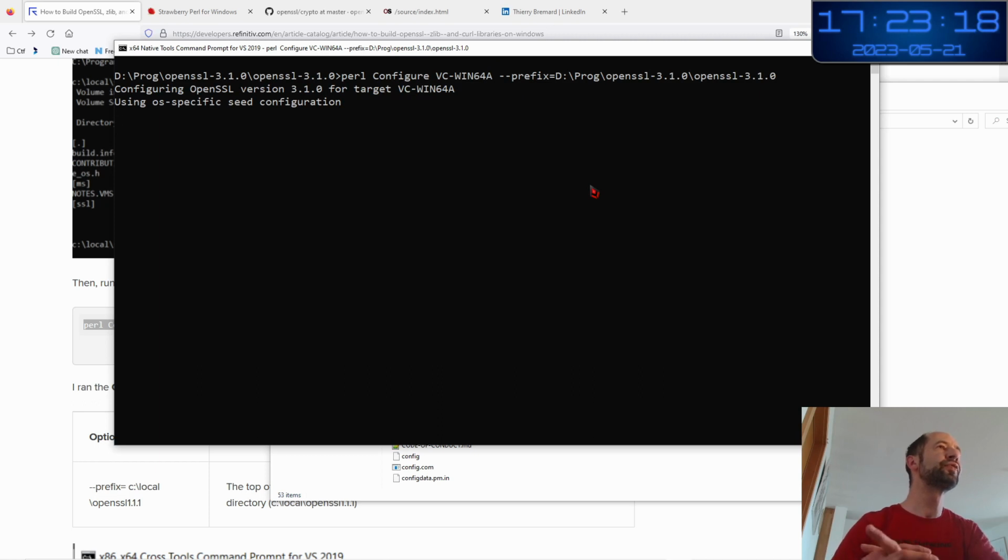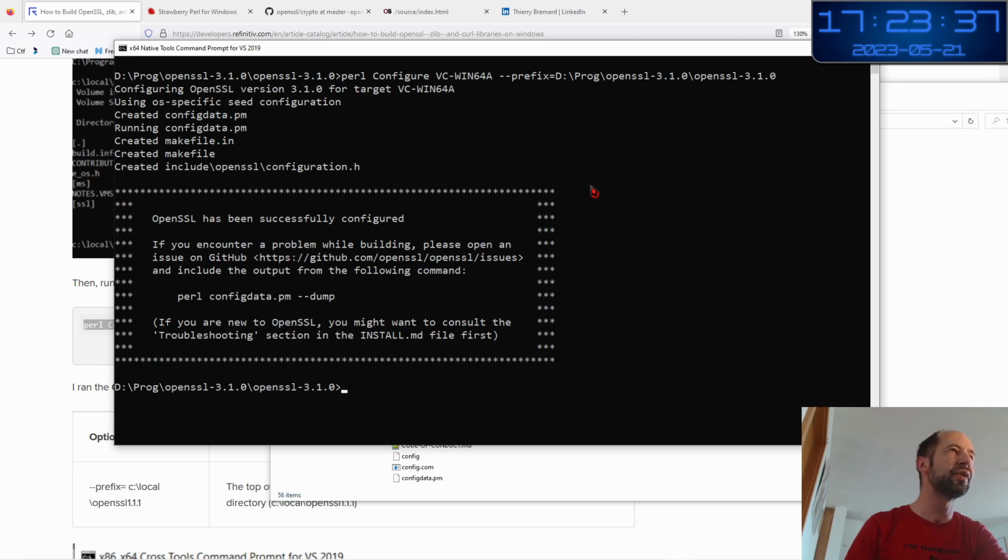So now it is configuring with the Perl module. And the Perl module, I think, is there to create some files, maybe making some headers also, so that everything is ready for the real compilation on the target machine. So here I am on Windows 64-bit, and everything is made on the fly. So OpenSSL is successfully configured.